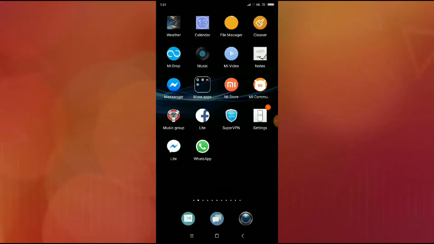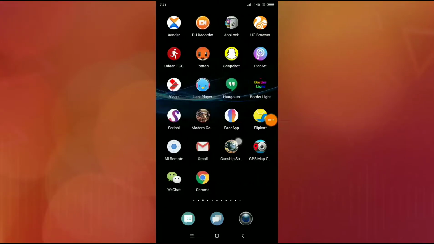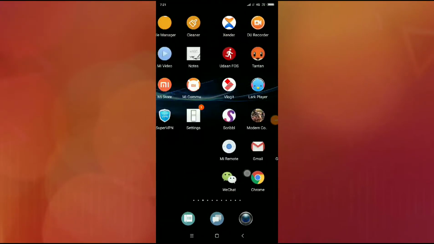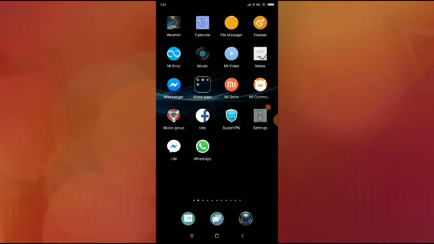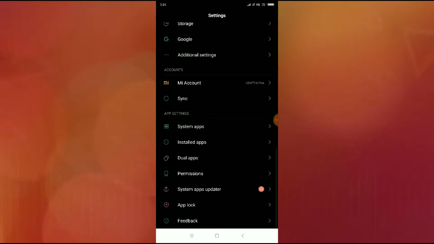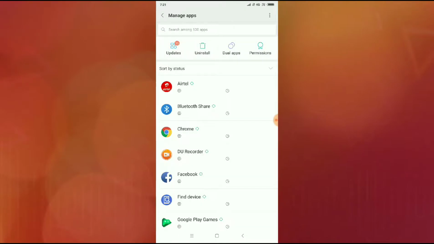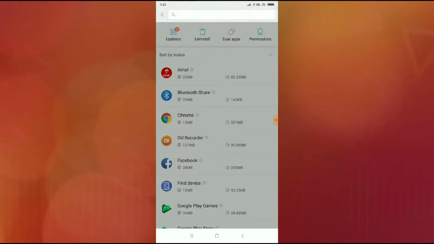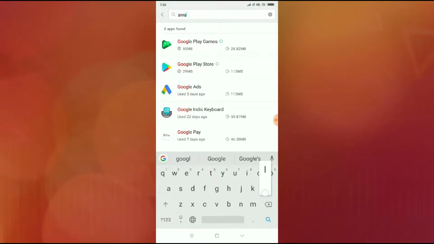So guys, for this we have to go to our settings, phone settings, and then make sure that your internet connection is on. But let's go to settings, and now you have to go to installed apps or app manager. Now you have to search for Google Play